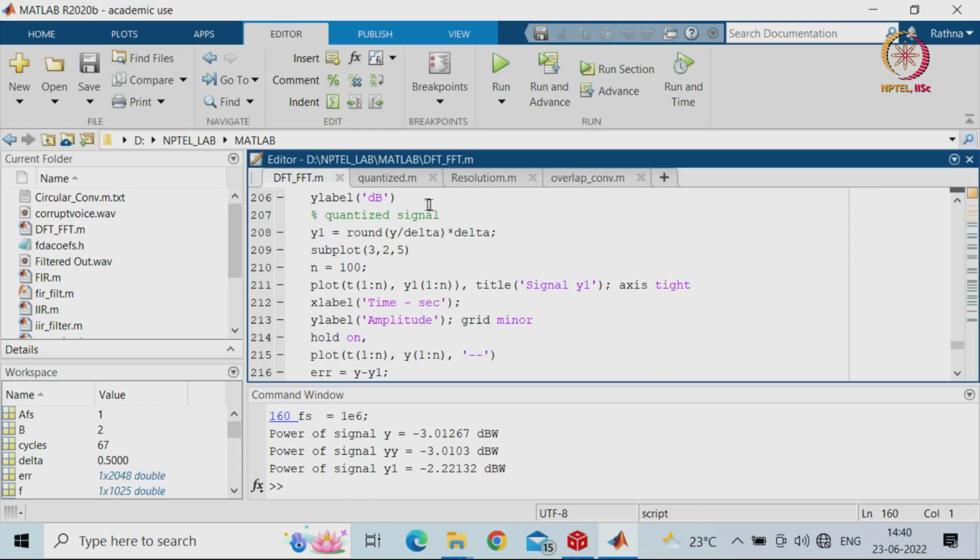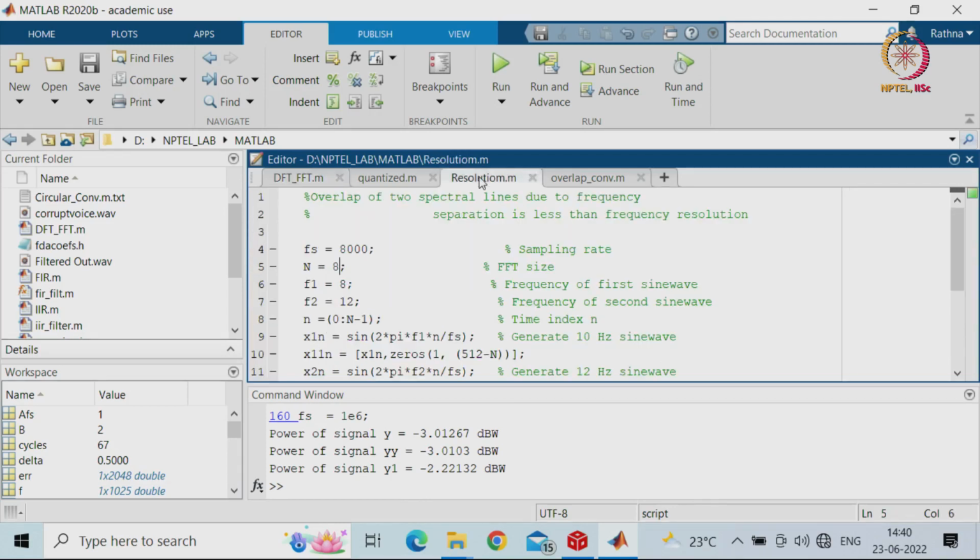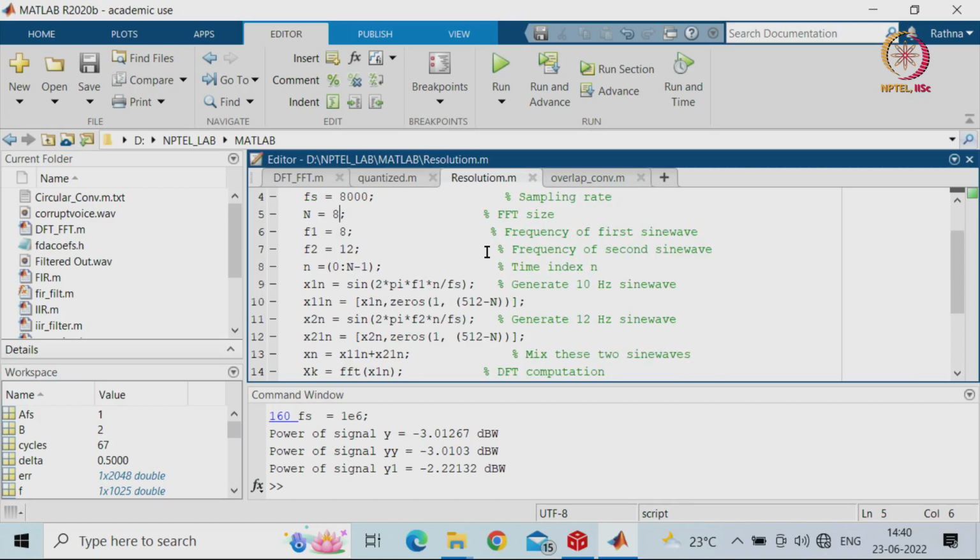So, now we will go with the resolution. Just now we discussed it. So, what is going to happen with n equal to 8 and the sampling frequency chosen as 8000, as we saw in the theory? We will look at how it is going to look. So, you will be having